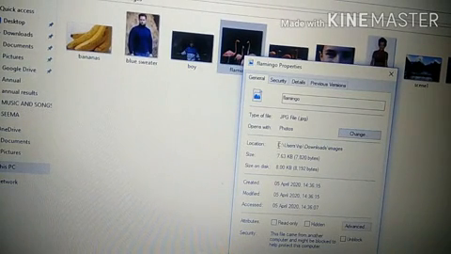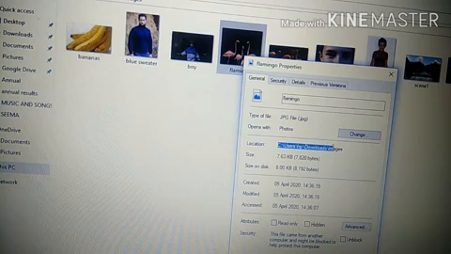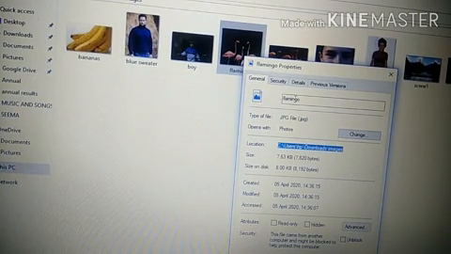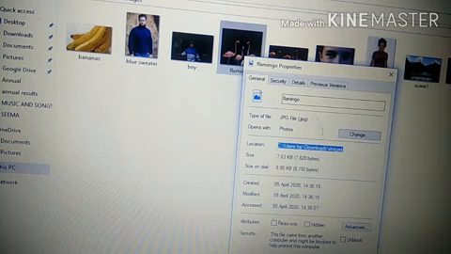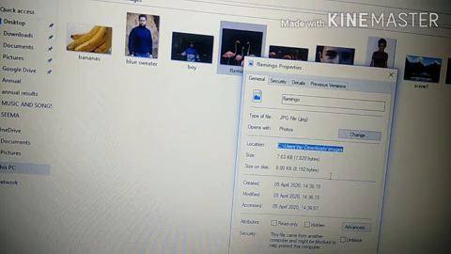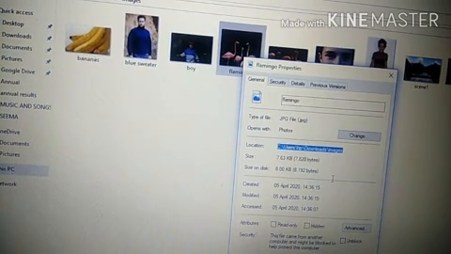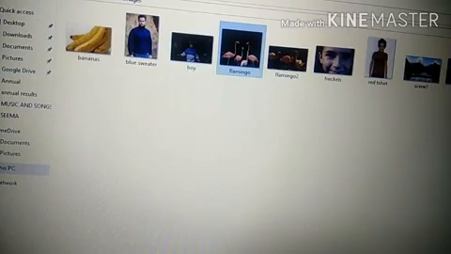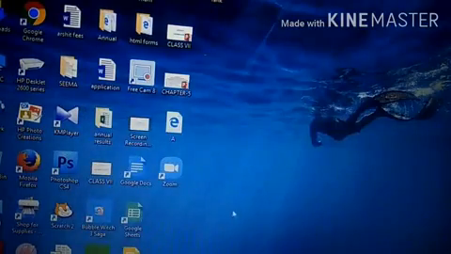Just click on this, drag the mouse and the location of the file will be copied. Just keep in mind that we have copied the location, but the name of the file we haven't copied yet. We need the name of the file as well. After selecting it, you right click here and click on the copy option. Now the path of the file has been copied, and you just minimize this part and go to that